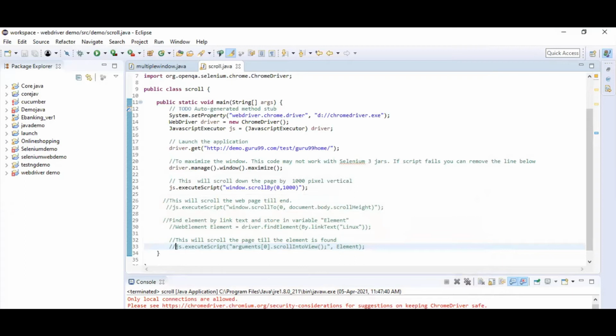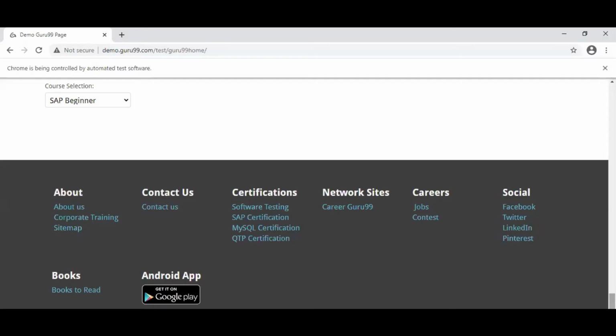We have special add-ons for identifying the position, but that is not very useful while executing script. So they have another method, if I want to scroll the page till the end, from the top to the bottom. That method is called